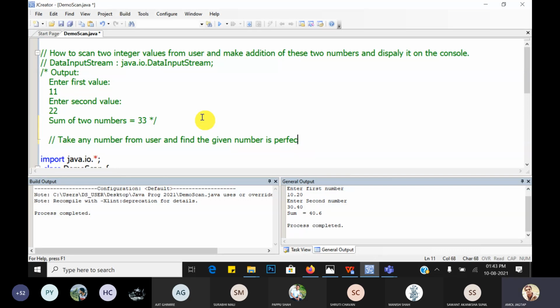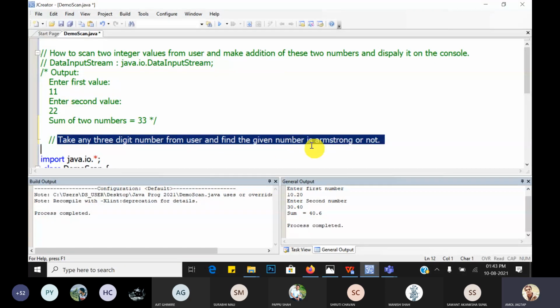Or before that, I will give you something simple. Take any 3-digit number from the user and find whether the given number is Armstrong or not. So this is your problem statement.